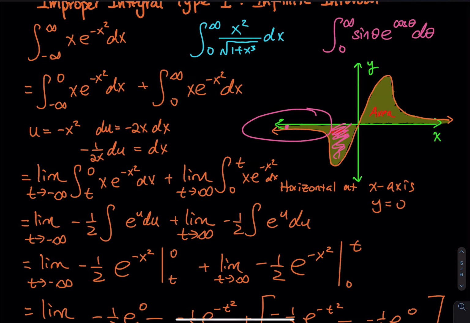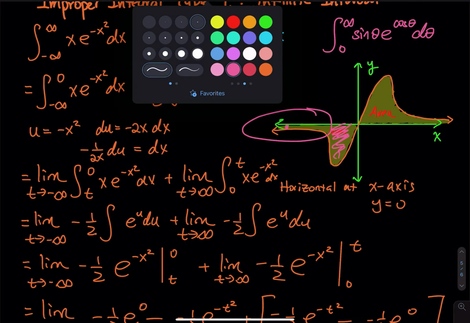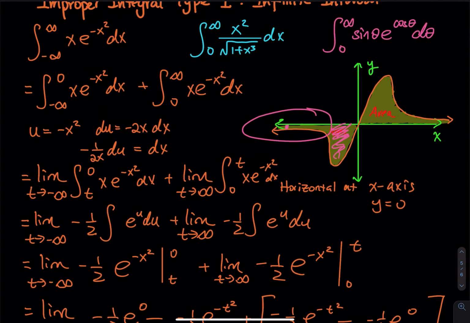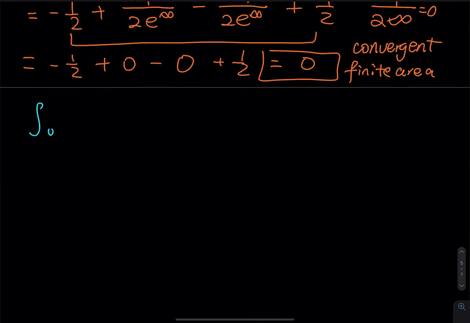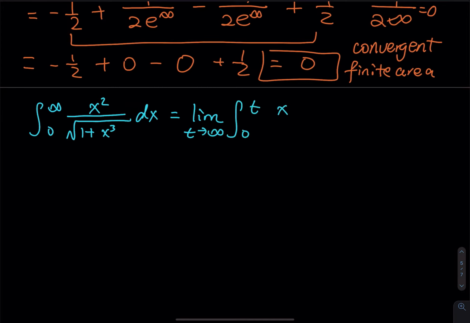So we have the integral from 0 to infinity, x squared divided by the square root of 1 plus x to the third dx. All right, so let's do that. So let me switch to light blue. And then we do that, and then we do the sine theta one after that. So the next one we have from 0 to infinity, x squared divided by the square root of 1 plus x to the third dx. Alright, so this one we set up the improper integral, limit as t goes to infinity, from 0 to t, x squared divided by the square root of 1 plus x to the third